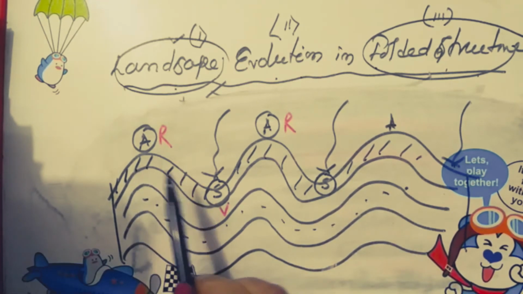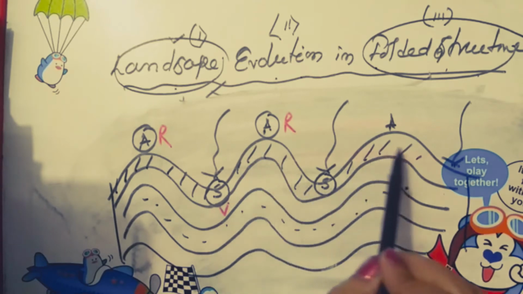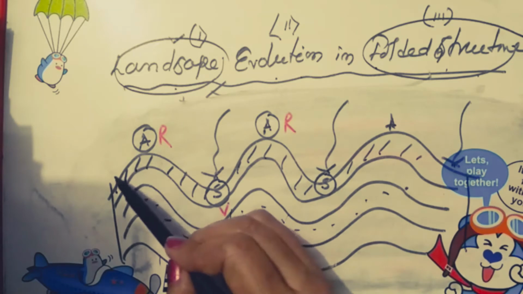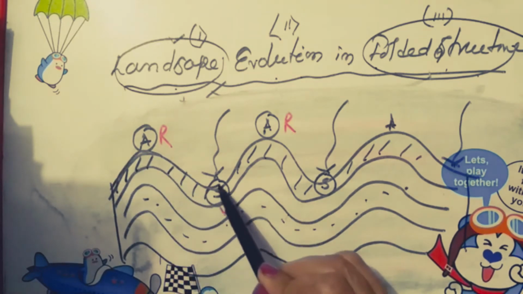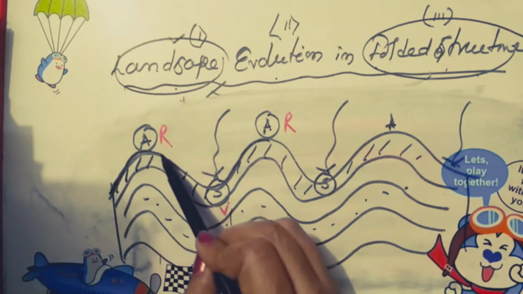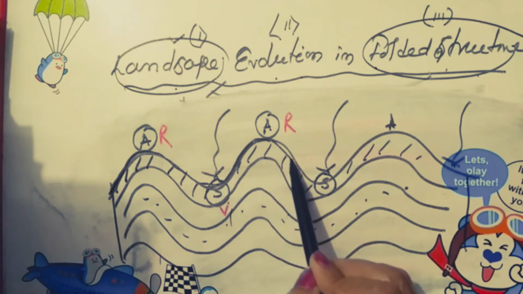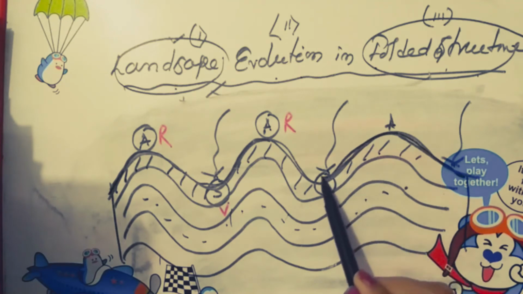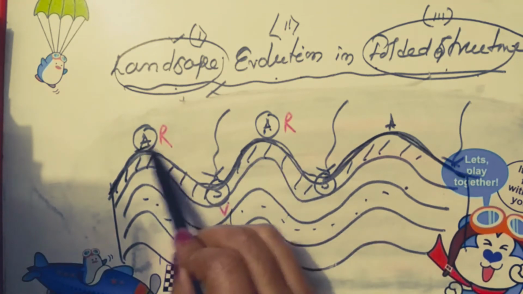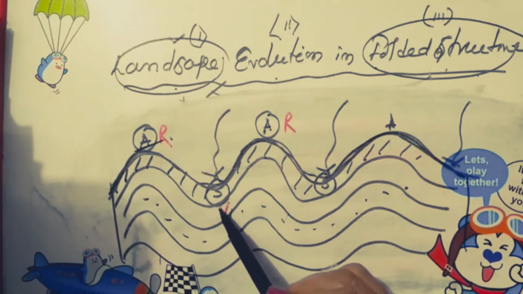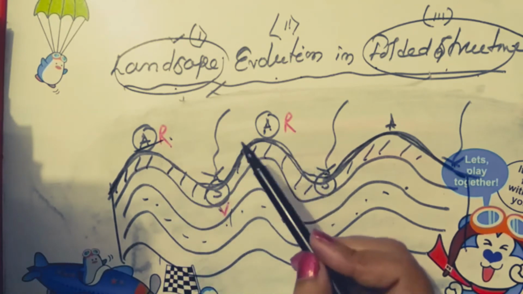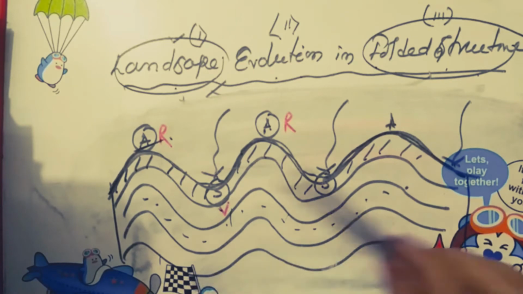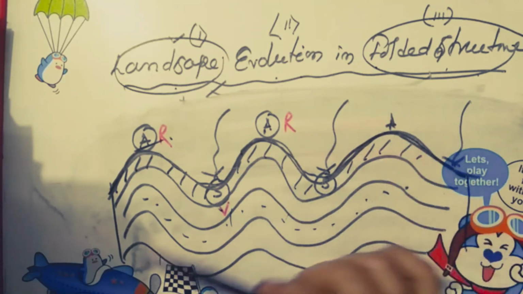Minutely observe, please try to minutely observe the alignment of the internal structure of the fold and the landscape of the folded region. The outer surface of the fold is known as landscape. This line is the landscape. This is the anticlinal ridge and synclinal valley. Those are the landscape. If you go through the cross section of this region,